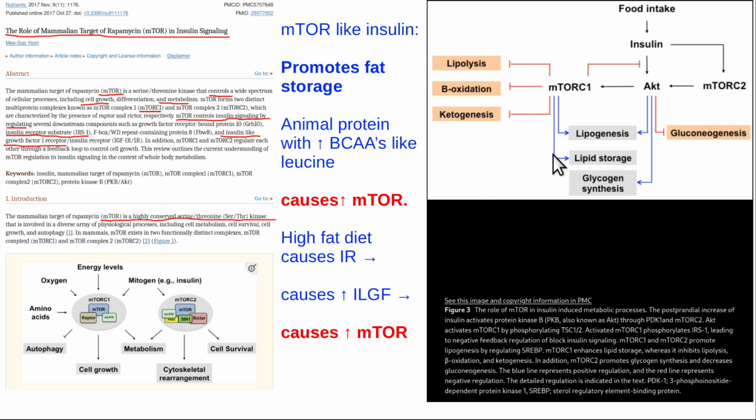Okay, so you can activate mTOR either by having more animal protein with the elevated leucine, or you can activate it by having increased insulin and insulin-like growth factor from eating the high-fat diet, and also these electrolyte things we just talked about, being high in sodium, low in magnesium and potassium. So you don't want to be activating mTOR. It's just good to kind of know how that works.